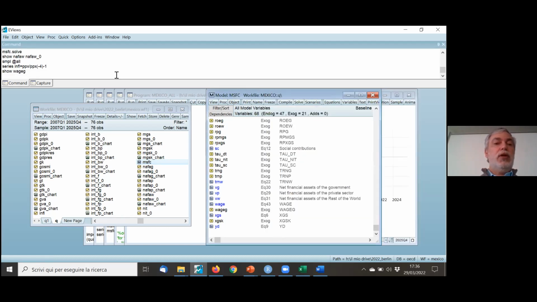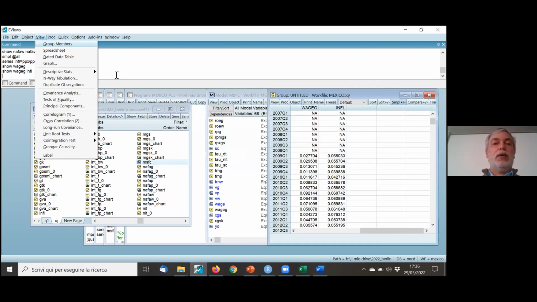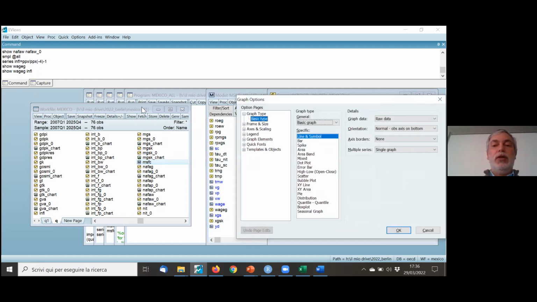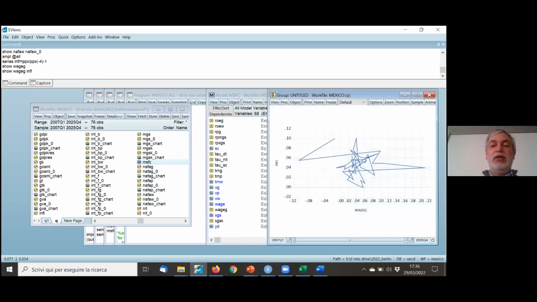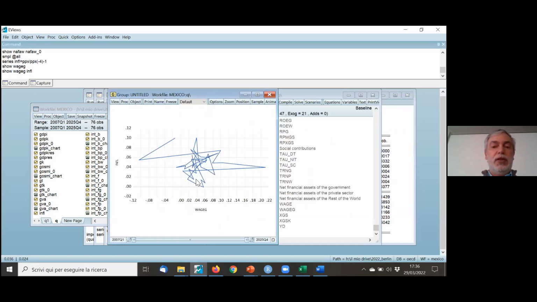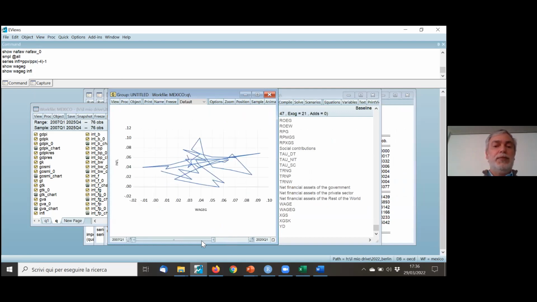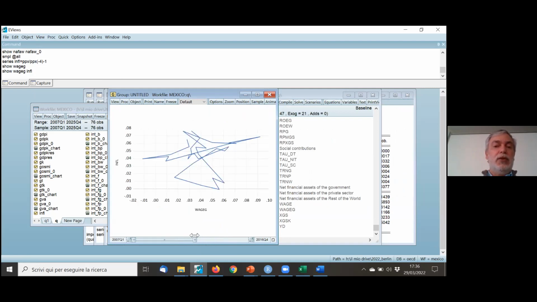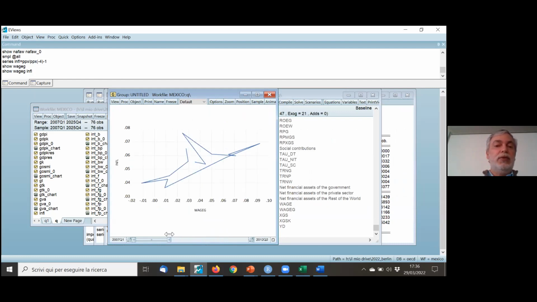Yes. So let's look at wage growth against inflation. I usually find it very interesting to look at the XY lines, because in EViews you can restrict the sample very easily. And what this is saying is that apparently there is no relation. So there was a relation